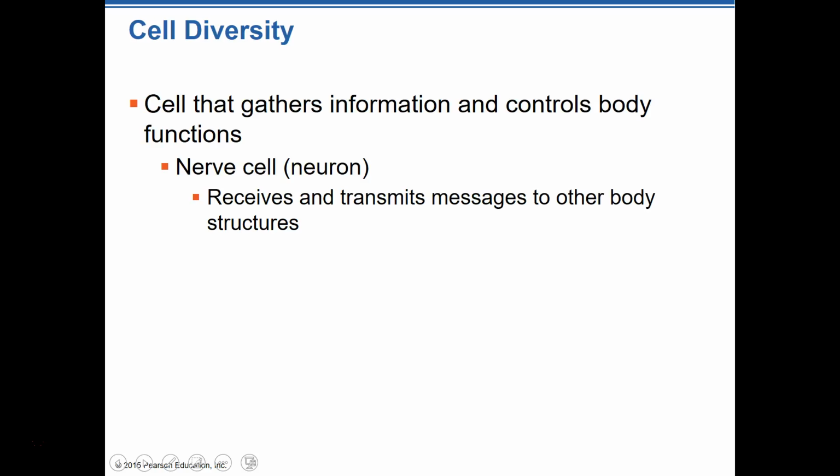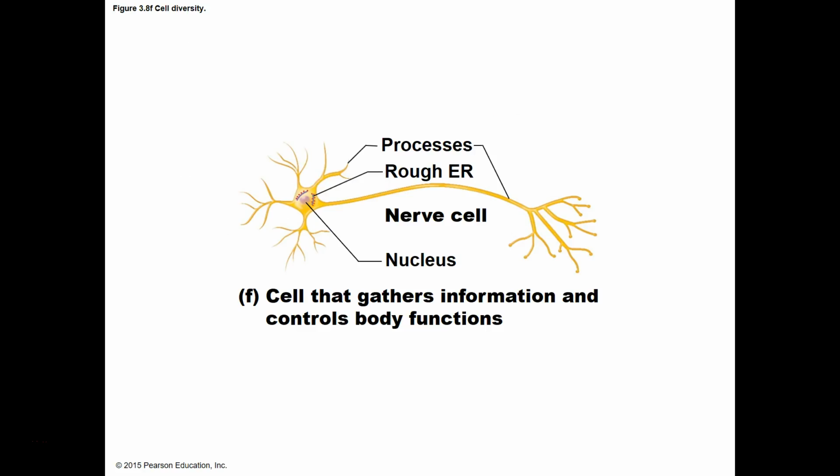So there's also some cells that gather information. These are very specialized cells. Nerve cell is an example of that. It can both transmit and receive, but the same nerve cell can't transmit and receive. It has to be two different nerves transmitting and receiving. So the nerve that lets you know that you stepped on a thumbtack is different from the nerve that makes you pick your foot up. So completely different nerves. One's sending, one's receiving. One nerve can't do both. It can, but not in that way. Which we'll talk about a whole lot more when we get to the nervous system.